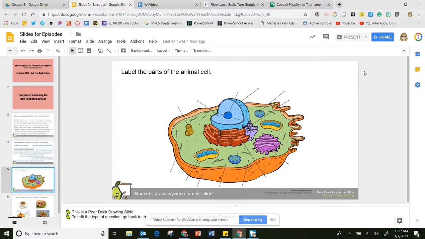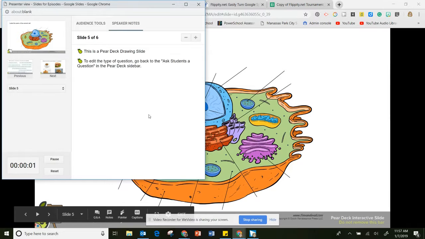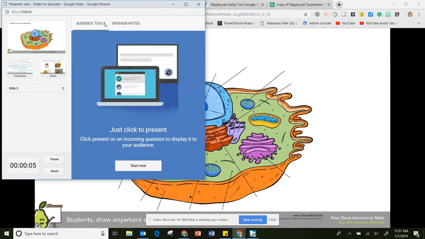When you go to present, click the drop-down arrow next to the present button and select Present View. A new pop-up window appears with several tools. We're going to focus on the first tab with the audience tools, but let's pause for a second to look